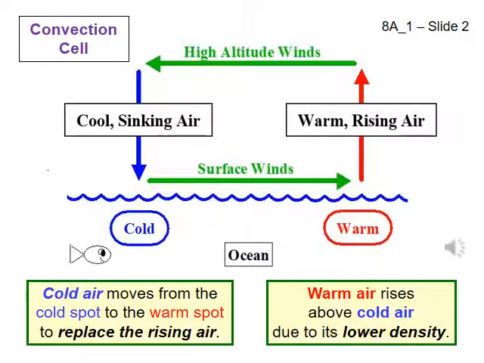The air moving right in the picture on the slide is the surface winds. This air is moving to the warm spot to replace the rising air. In other words, the cold air is moving to the warm spot to fill in the empty space left behind by the warm, rising air. In addition, air is pushed away from the cold spot by the cool, sinking air. The cold, sinking air shoves the air already at the cold spot out of the way. The warm, rising air pushes aside the air that was above it, moving it towards the cold place to replace air that is sinking there.